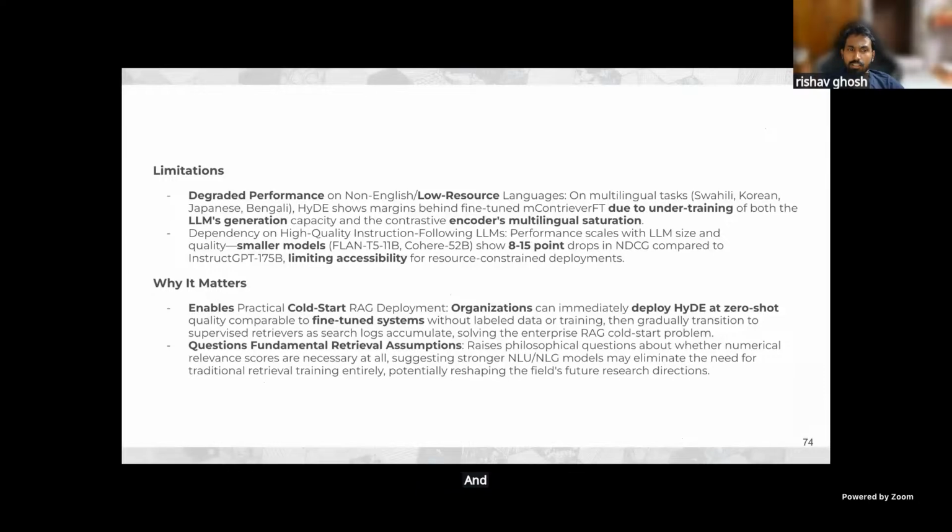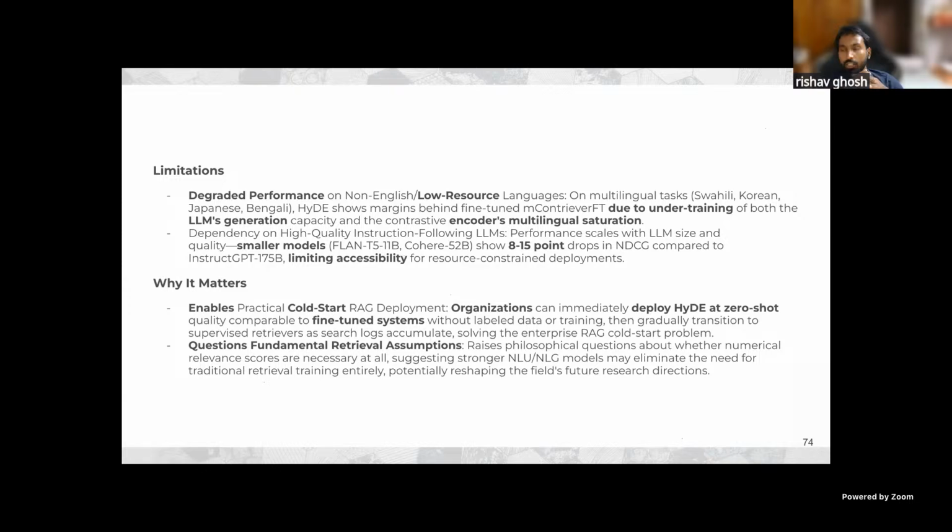And it also raises a very important question. Many of the RAG models that we have seen have been using the numerical score of cosine similarity to find out how good the RAG model is.